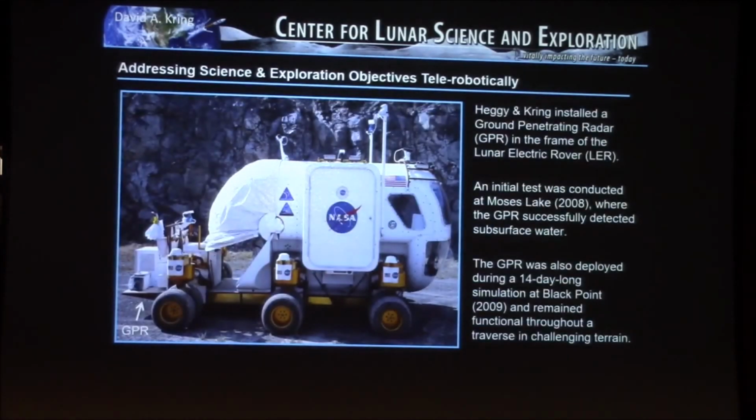Okay? So for example, we realize that we can actually put instruments on the Lunar Electric Rover. And in fact, we did. We put a ground-penetrating radar under the aft deck of this rover, and we took it out to Arizona and we drove it around in one of these mission simulations to see if it operated over those rather rough conditions and could successfully image the subsurface of the Earth as a proxy for imaging the subsurface of the Moon, and